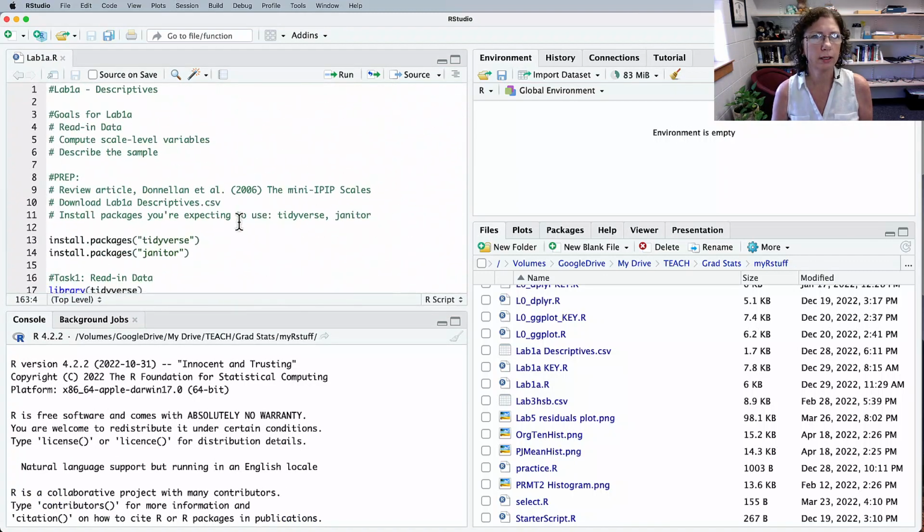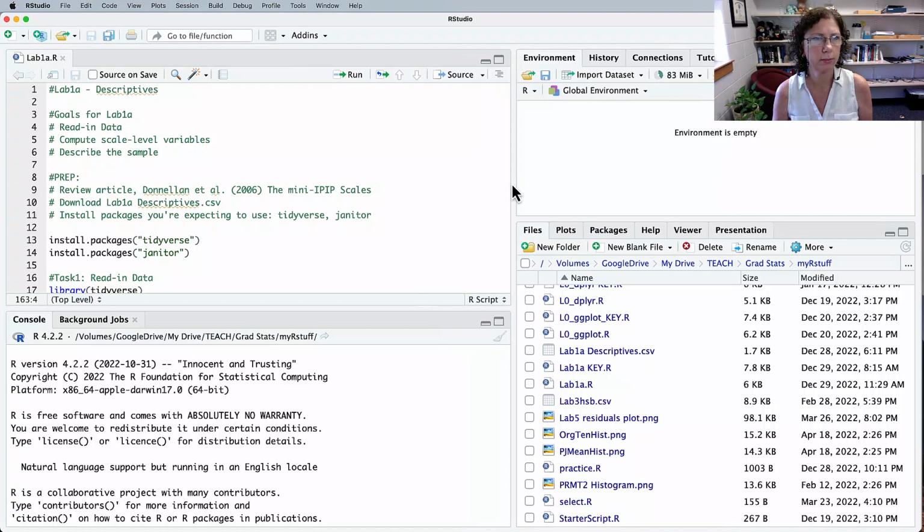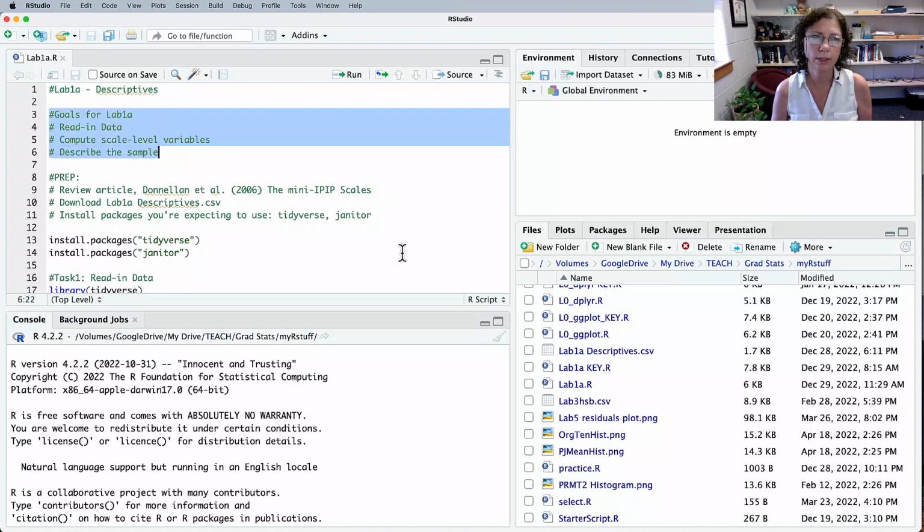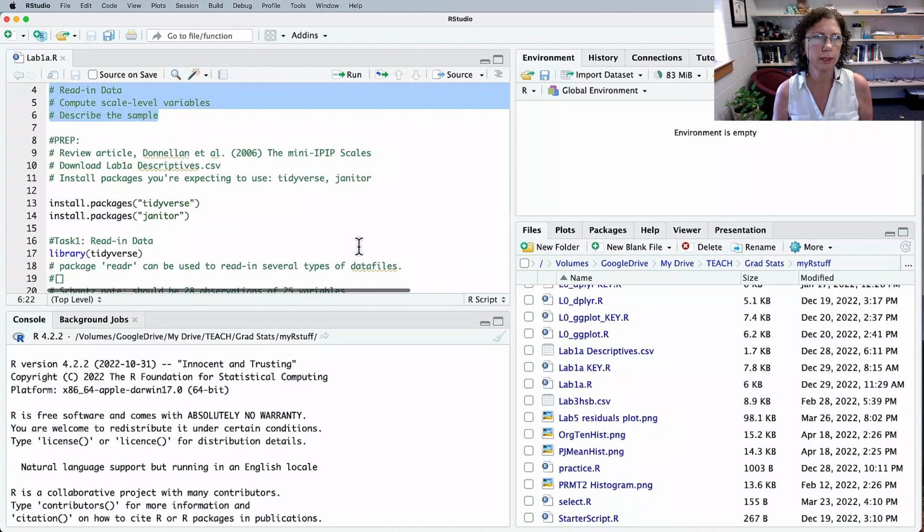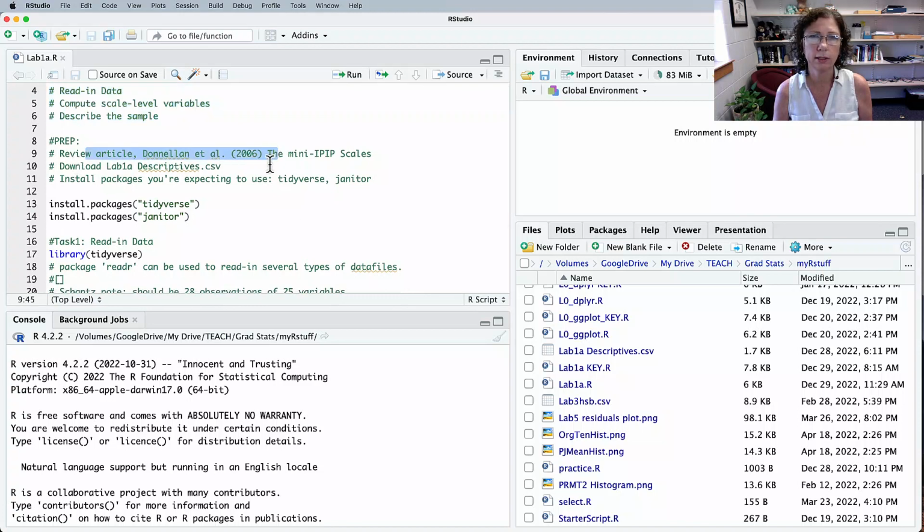And it's long, but a lot of that is because I put a lot of commentary in there. I always start with a title for the script and what the goals are. I find that's helpful because it keeps me focused on the analysis that I'm trying to do with the time I'm using in R. And what you'll need to get started with this lab is reviewing the Denellen article for the mini IP scales, having the CSV file, and you typically want to go ahead and make sure any packages you're expecting to use